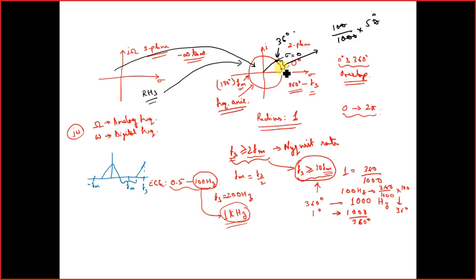But the rate of change of frequency in this region would be quite high if we are having Fs equals to 1000 hertz. Okay, because all the frequencies are getting clustered within a smaller region, because at this 36 degree you are having your FM. Now think of the condition when we are having the full region.